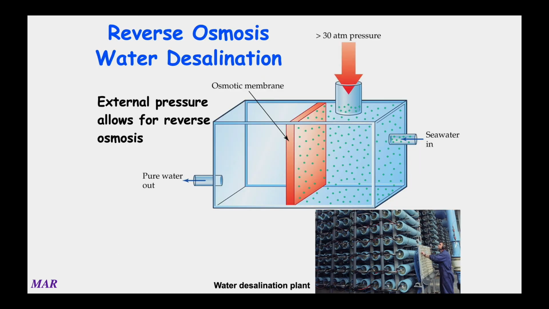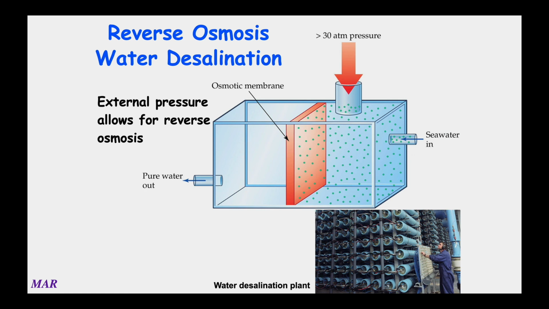Reverse osmosis is really helpful, and it's becoming more and more important, for better or worse. It's used to desalinate water, so you can take seawater, which people can't drink, pull the salt part of the salt water out, and pure water comes in. Now, this is a really interesting kind of process, and it involves super high pressures. So if you add something like 30 atmospheres or more of pressure to a saltwater system like seawater,